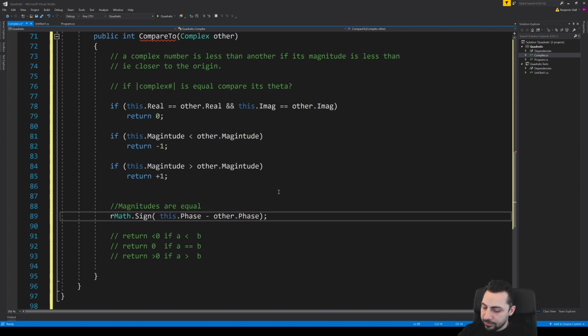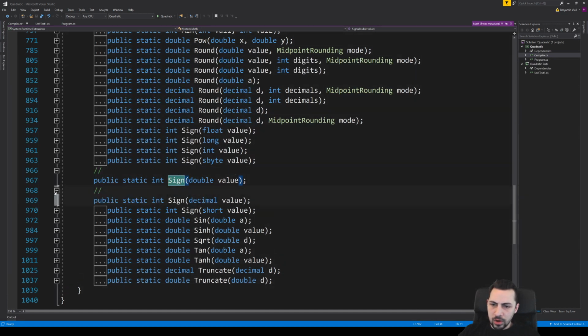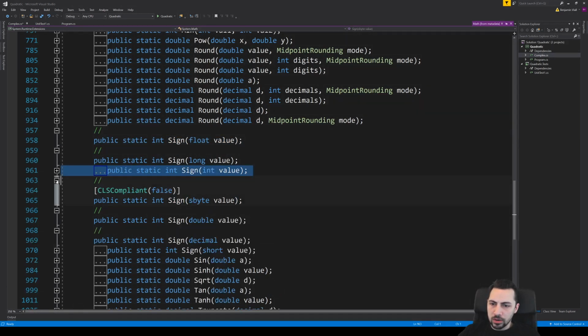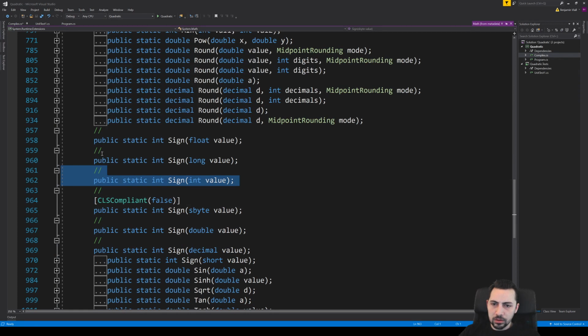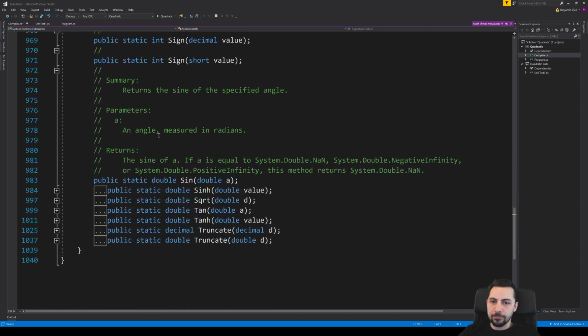Math.sign. Yeah, I like that. So sign is a method. Go to definition. Oh, no comments? Maybe it's for one of them? No, none of them have a... I'm disappointed. Oh, there it is, okay.